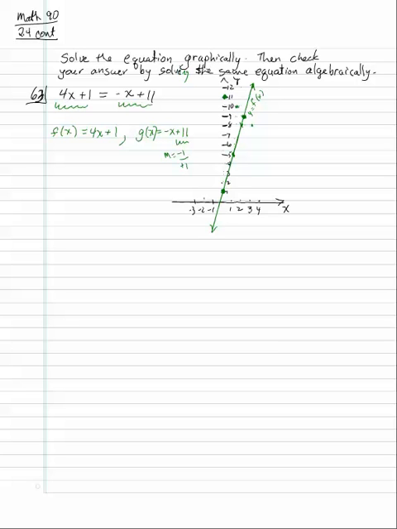And then the idea is, to solve this, this one is y equals g of x. So when are these two functions equal to each other? That's the y values. So right here, the y value is 9, and we want to know when they're equal to each other. It would have been better to use graph paper, but anyway, you could see the answer. So when is g of x equal to f of x? Well, that's when